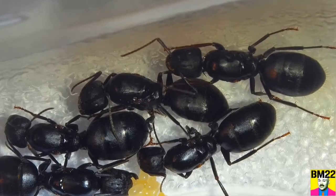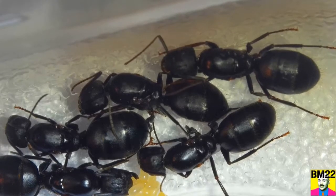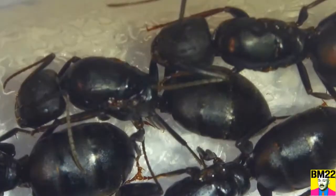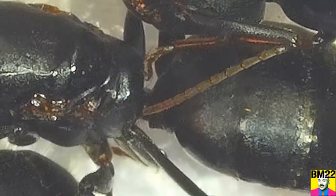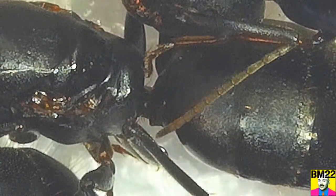So zooming in, yeah, that's one thing I don't like about this microscope. When you zoom in, it gets grainy. There's nothing you can do about it, even on its best settings. You try to focus it, you can add more light. But man, even though it looks grainy, it's still creepy as heck,